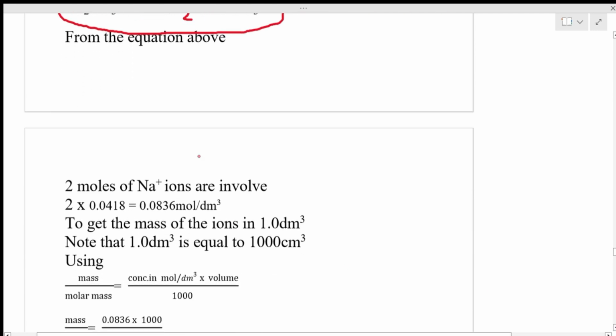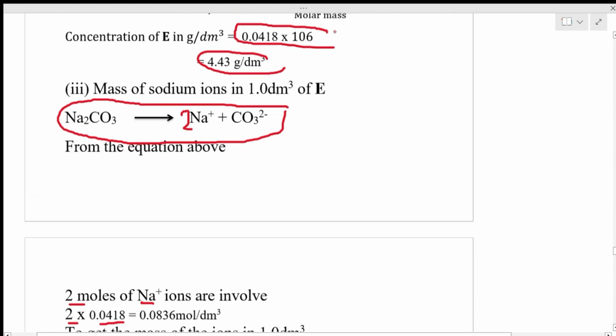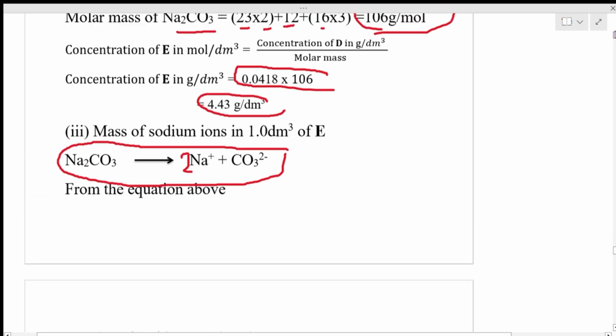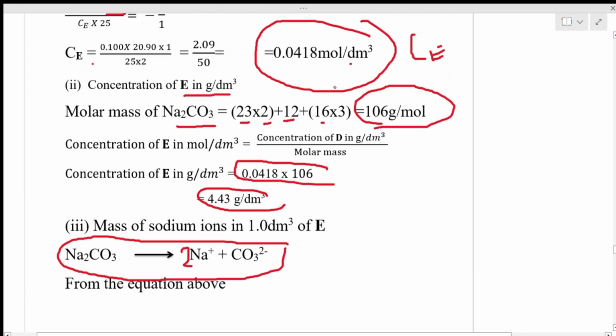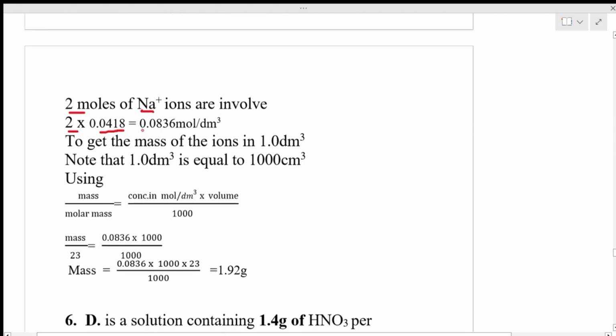So from that particular equation above, we see that 2 moles of sodium ion are involved. So 2 moles times the value we have, see this value times this value up here, the value of E. Remember we have the value of E here, yes, times this value. Okay, I hope you are following. Please stay tuned, don't be confused. So we have that. So our final answer here, we have